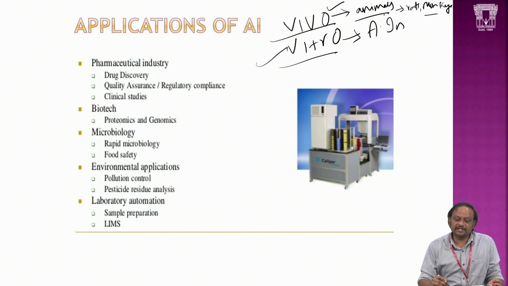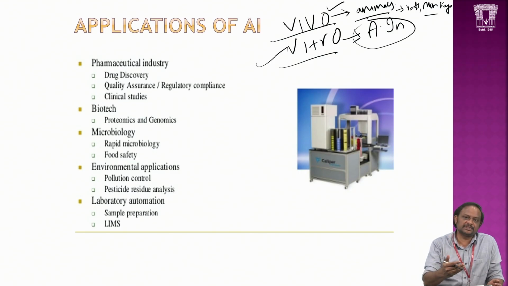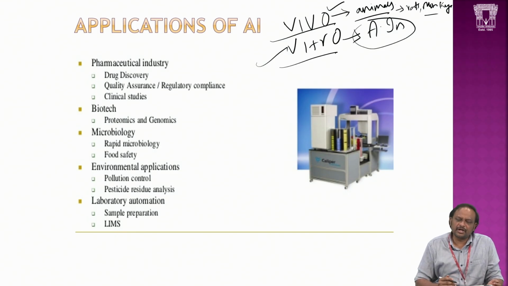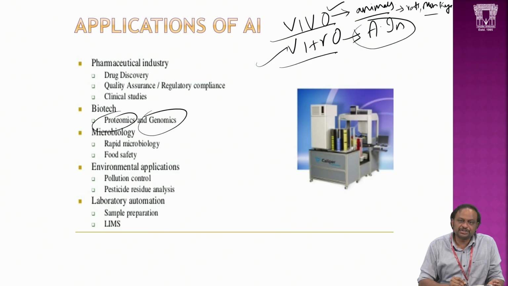And in vitro applications are where they test on the analytical instruments, and if they feel satisfied with that result, then they put that drug into the market. So these are the pharmaceutical industry applications. Similarly, biotechnology applications are also there, like proteomics and genomics, to understand the protein structure and genomic structure or DNA structure of that particular biological cell, with the help of these analytical instruments, because NMR, nuclear magnetic resonance spectrophotometer,